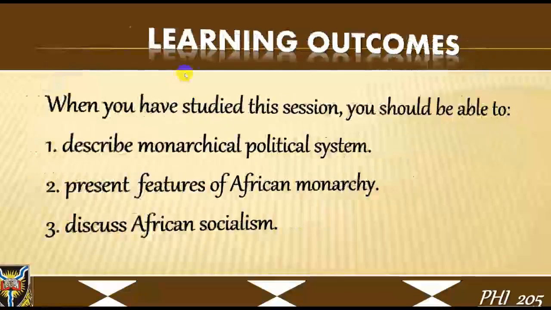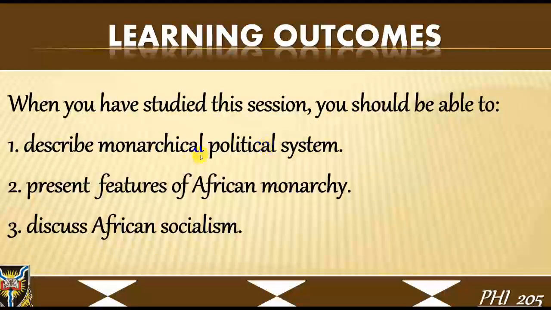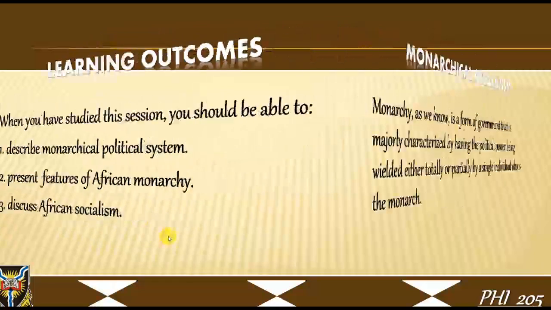Learning outcomes. When you have studied this section, you should be able to describe monarchical political system, present features of African monarchy, discuss African socialism,